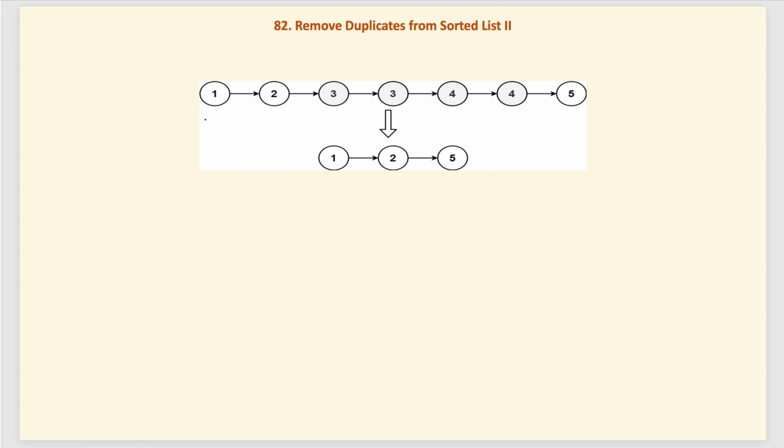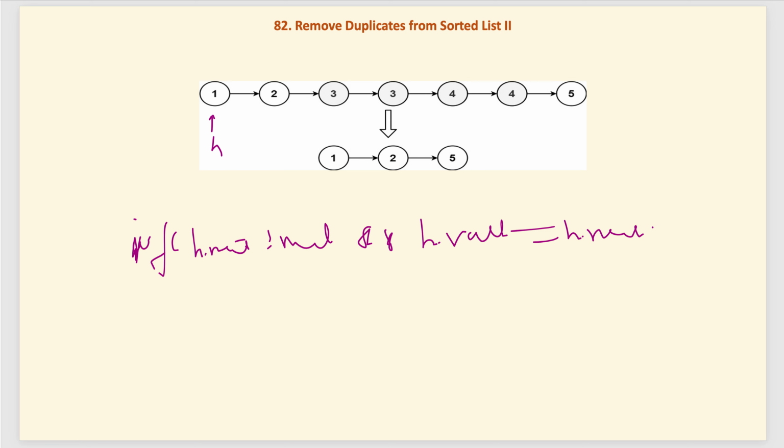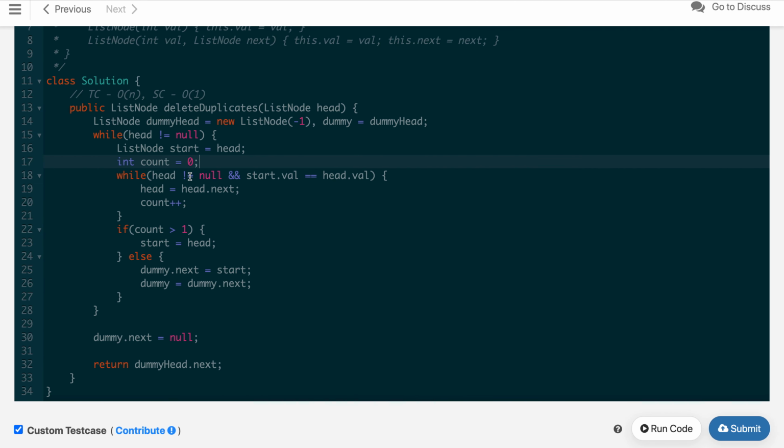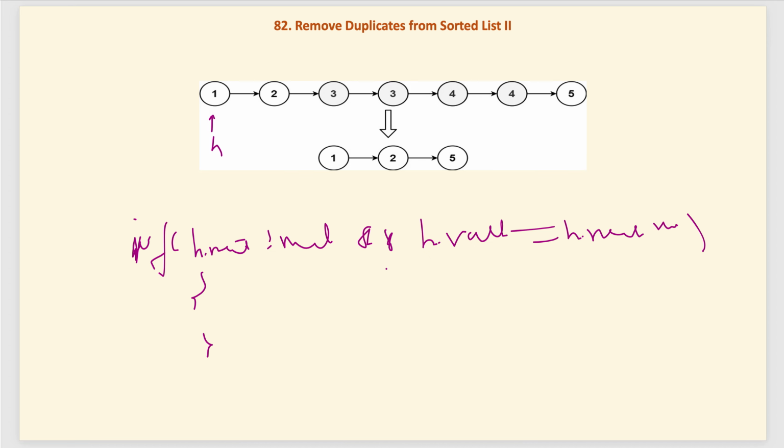What we will do, we will first compare. If head is pointing here, we will go ahead and check first if head.next exists. So there is a next, head.next not equal to null, and the value at head.value is equal to head.next.value, which means there are at least two consecutive nodes with the same value. So we will just use that inner while loop which we used here, and we skip the count value, we just update head every time, and here we will check head.value is equal to head.next.value, and if it is, keep moving head by next.